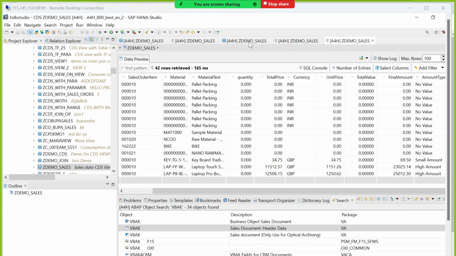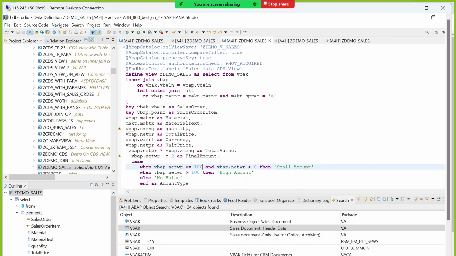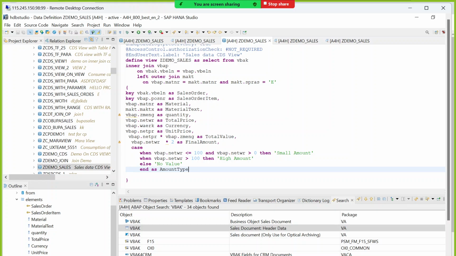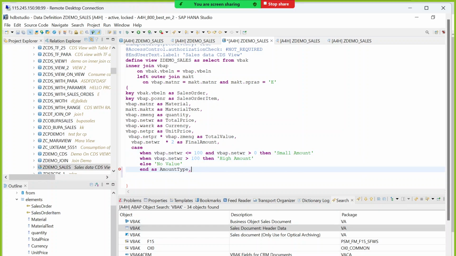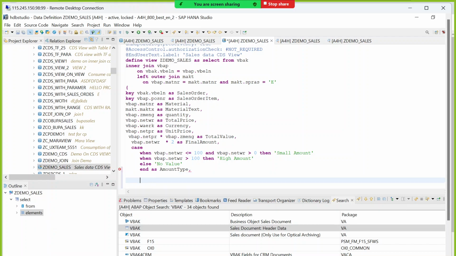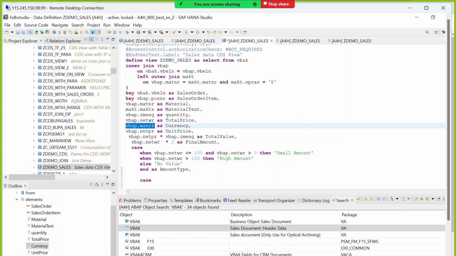How to use one more case statement? Comma after the end as. Don't use commas here within the case statement. Once you complete the case statement, write one more case statement. Case on currency, right? Sorry, when